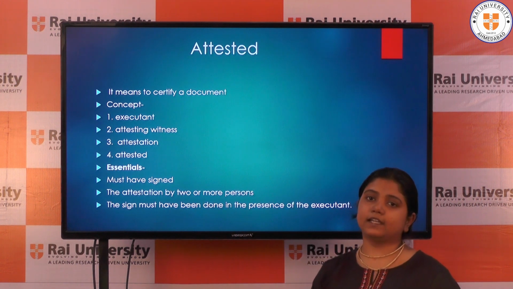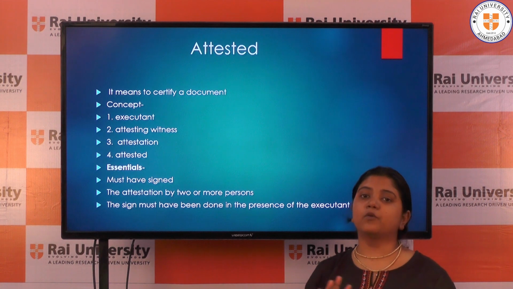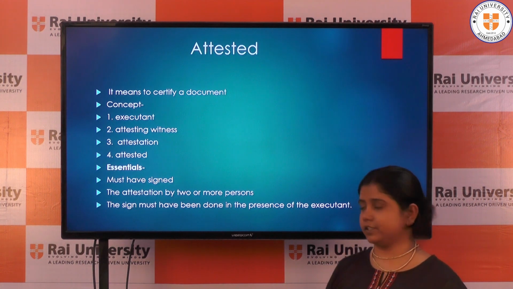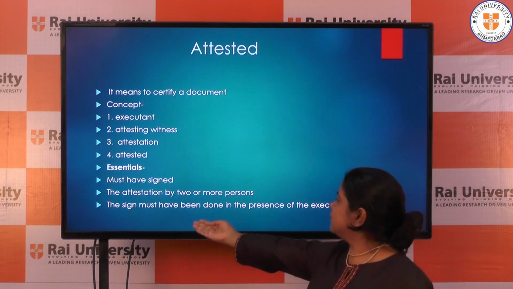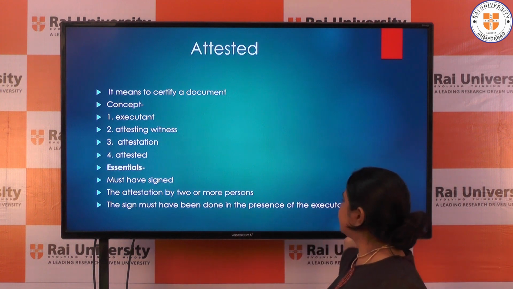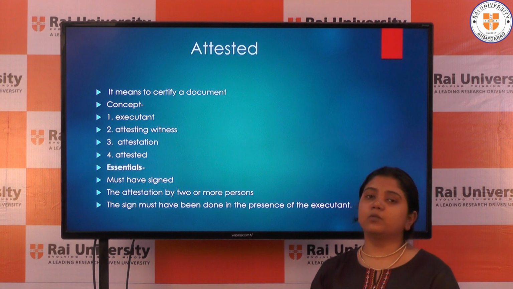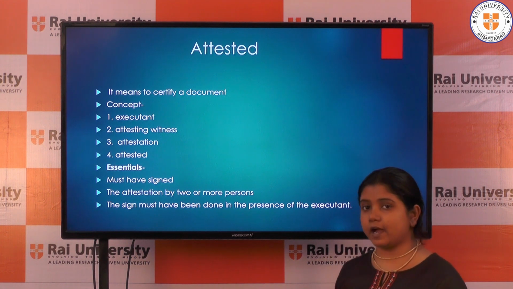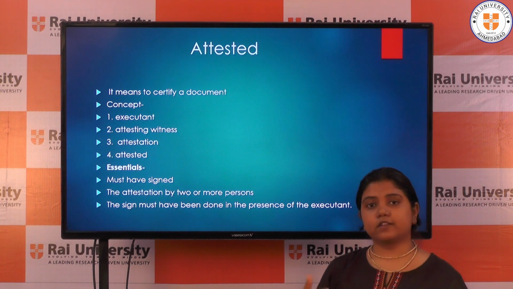So there should be at least one person from both sides of the party. At least there should be two persons who are attesting the document. The next is, the sign must have been done in the presence of the executant. So what this line is actually explaining is not just about the presence of the party who wants that document